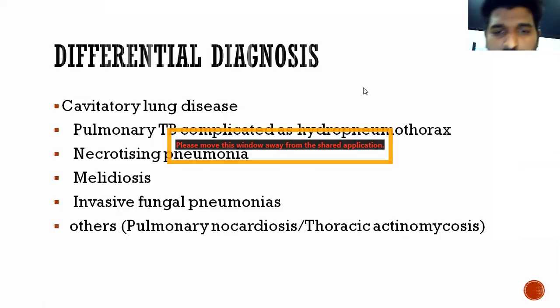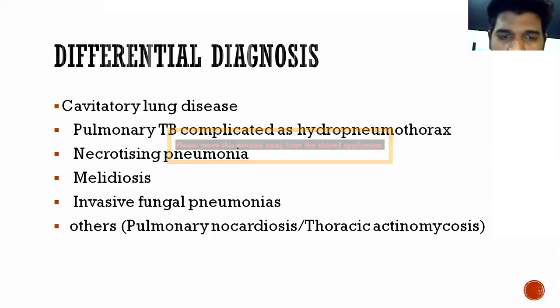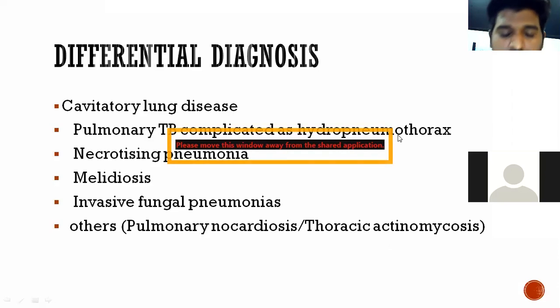So with this presentation, what are the differential diagnoses, for such a presentation over the past 1 month? For any patient with cavitary lung disease, what are the common things that we should consider? Pulmonary tuberculosis is the first thing that we should think of, but this cavity is literally very large. Almost the whole of the lung is involved. So maybe this is very rare, because normally in pulmonary tuberculosis, 3 to 4 cavities are common.